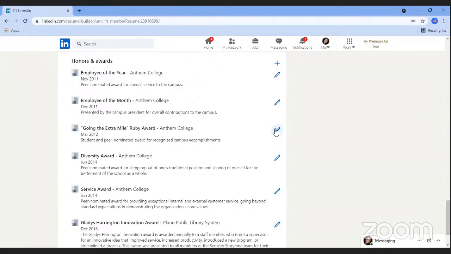Now, here are a few tips to keep in mind. If you do include awards, you want them to be current, especially as they relate to your industry. And you want to avoid using technical jargon and make sure that any description that you have is short but clear. Again, you can elaborate in more detail once you've landed that interview. You can use action-oriented verbs or keywords to quantify and explain the impact of your achievement. And if you don't want to include your awards as a separate section, you can also just list them in the description of your related experience.